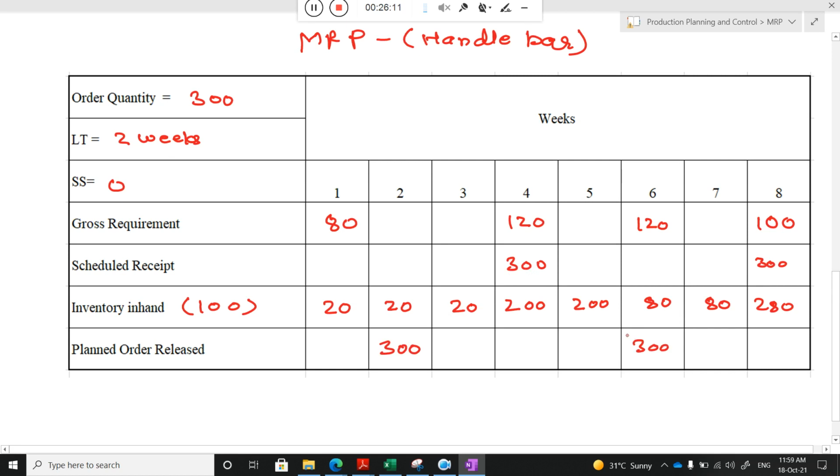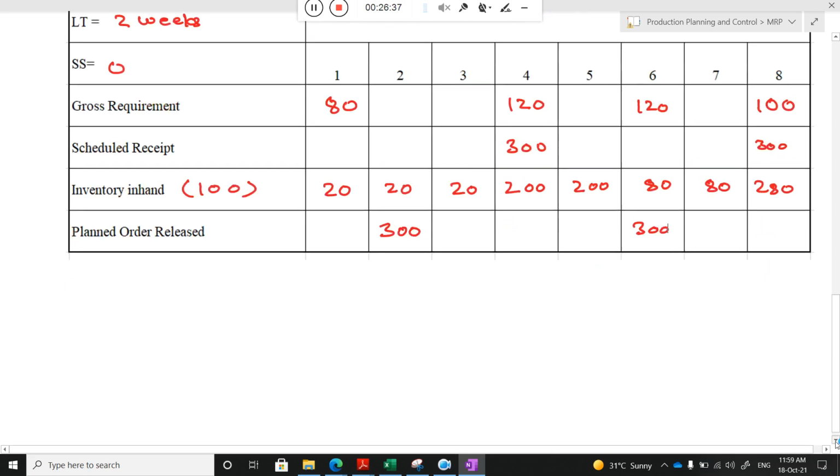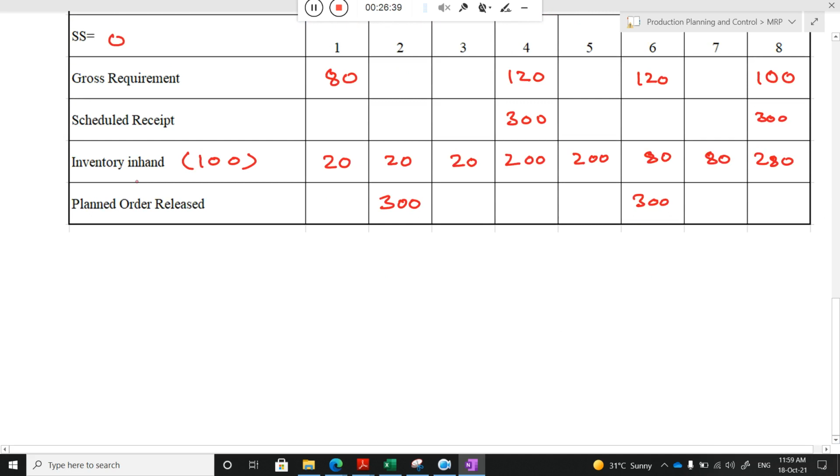So this is the MRP for the handlebar. The same type of thing you need to do for the other components, like the wheel assembly and the tire. I will do all of it. Just wait. In summary, you can write how many orders here: 300 units of handlebar order in week 2 and week 6. Okay, I write here 300